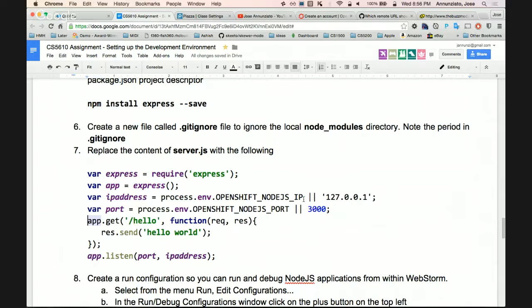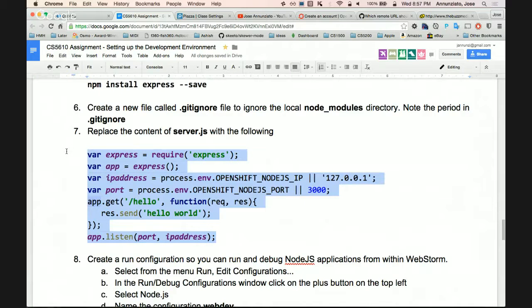If it's not defined, it will use 3000. So locally, it will use port 3000 and 127.0.0.1, which is localhost. But remotely, it'll use whatever port OpenShift gives me, and whatever IP address Red Hat gives me.